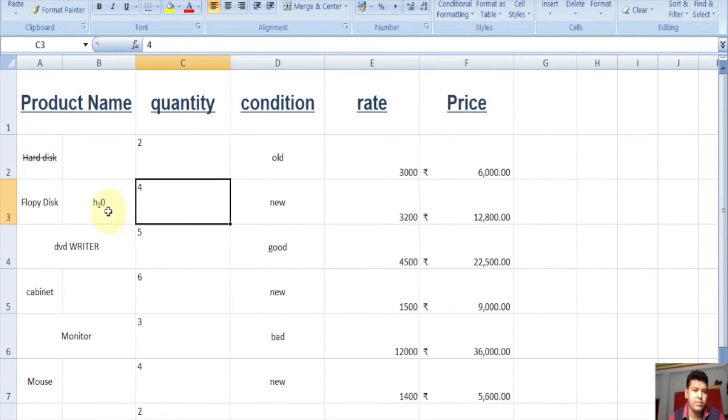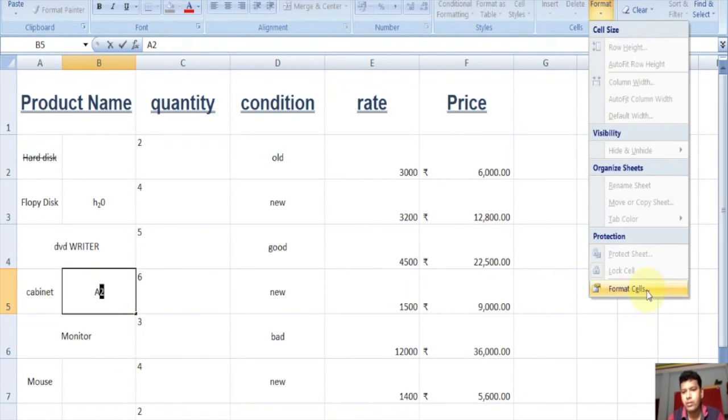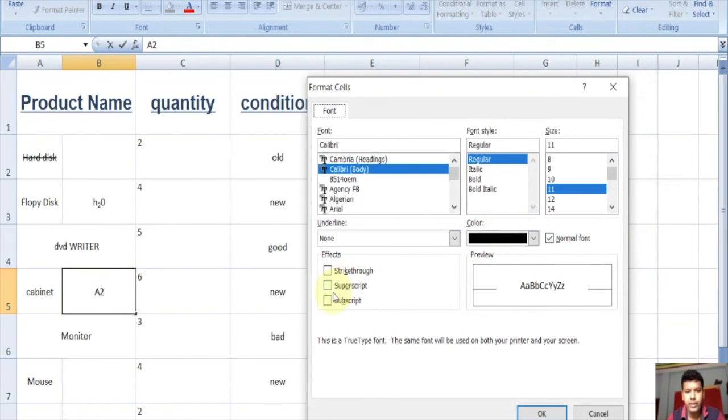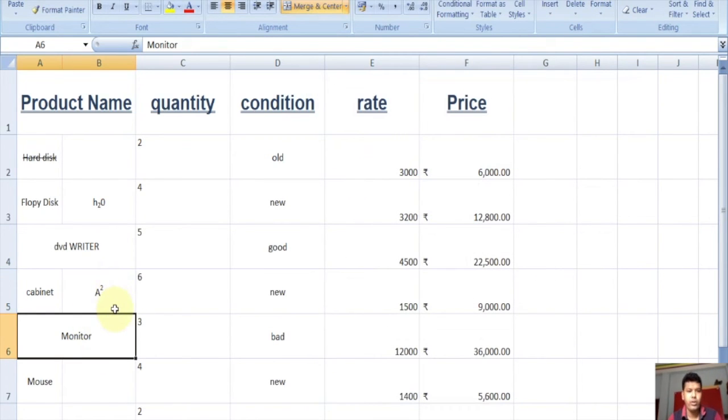We can make subscript here, and suppose we want to make it a square in a cell, just click on format cell. We can make superscript, we can write a square in the cells.